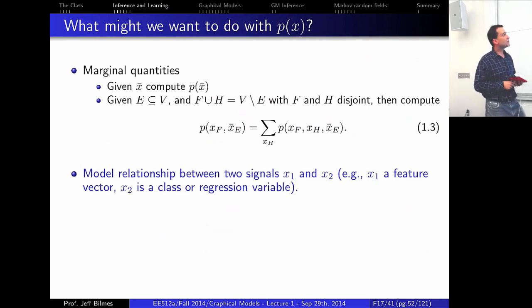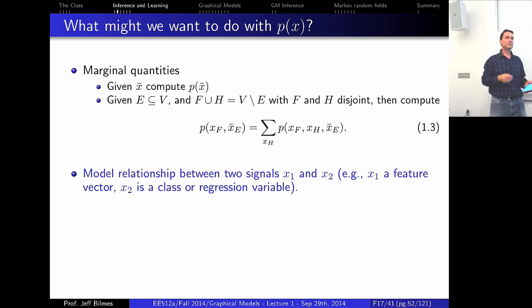On the other hand, we might want to use the distribution to model the relationship between two signals, x1 and x2. Say x1 might be a feature vector. Like if you're doing computer vision, you might use SIFT features, and x1 might be essentially a vector of SIFT features, and x2 might be a class variable or a structured class variable. It might be, for example, something that indicates the label of each pixel in the image. Like, is it a chair, or is it a video camera, or is it a University of Washington student,